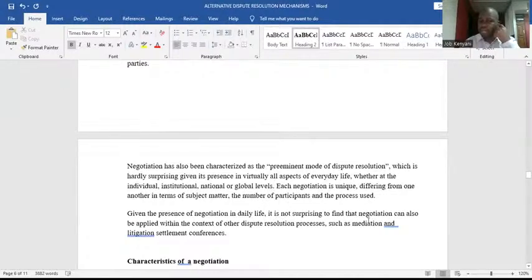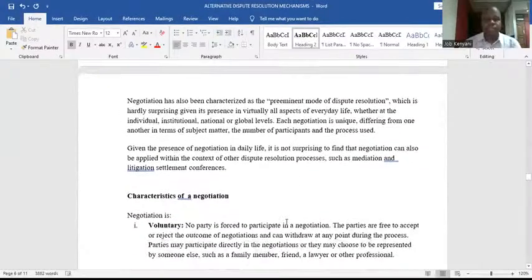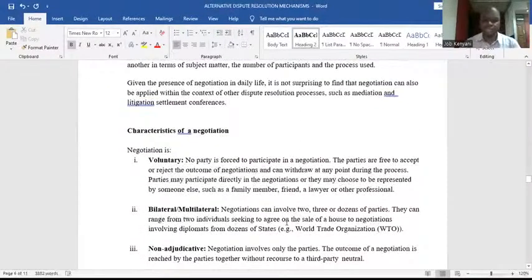It is not surprising to find that negotiation can also be applied within the context of other dispute resolution processes, such as mediation and litigation settlement conferences. So that's what we mean by negotiation. It is voluntary, so no one is usually forced to. You come voluntarily to meet the opposing side. It can be bilateral or multilateral, amongst many parties. It can involve two, three, or maybe dozens of parties. It is non-adjudicative. It involves only the parties. The outcome of negotiation is reached by the parties together without recourse to